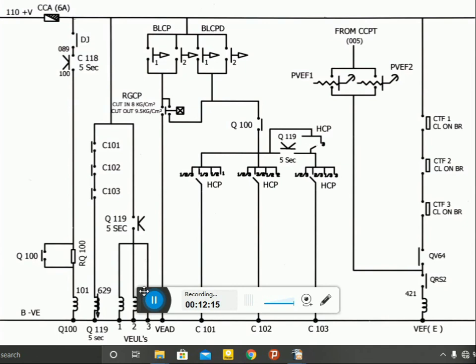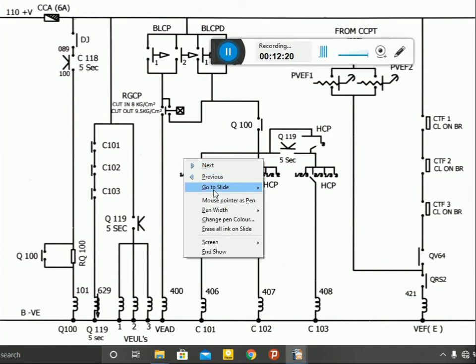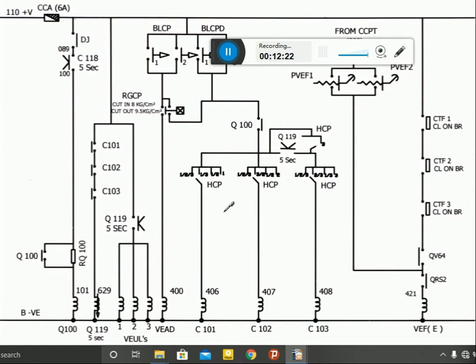If CP contactors are wedged, we have to follow some precautions. CPs will work continuously and pressure will build up, so there is no cut in, cut out, or GCP will be bypassed. So if any of the CP contactors are wedged, we have to ensure working of SS2. After maximum pressure build up at 10.5, SS2 has to flow. We have to ensure working of SS2.